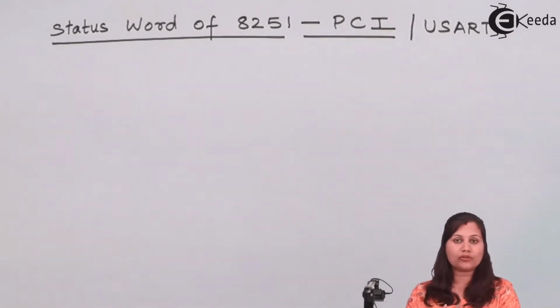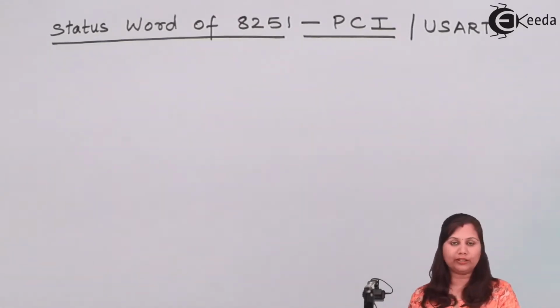Now, if we want to program this 8251, then we have to write the control words. These control words are provided by the microprocessor. Control words decide in which mode, or what operations or functions, are performed by the 8251. So control words are always given by the microprocessor to the 8251,